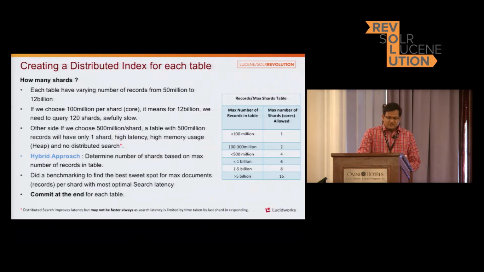Once commit is there, the data is there, and we have applied some more changes, like we chose the merge factor. There is something called merge factor in Solr or Lucene, and we increased that number. In our case, whenever we do indexing, we create a lot of segments, around 2,500 segments if the indexing is very large. Based on the number of segments, your performance is determined, so we do an optimization on that. I'm going to cover that in the next slides.